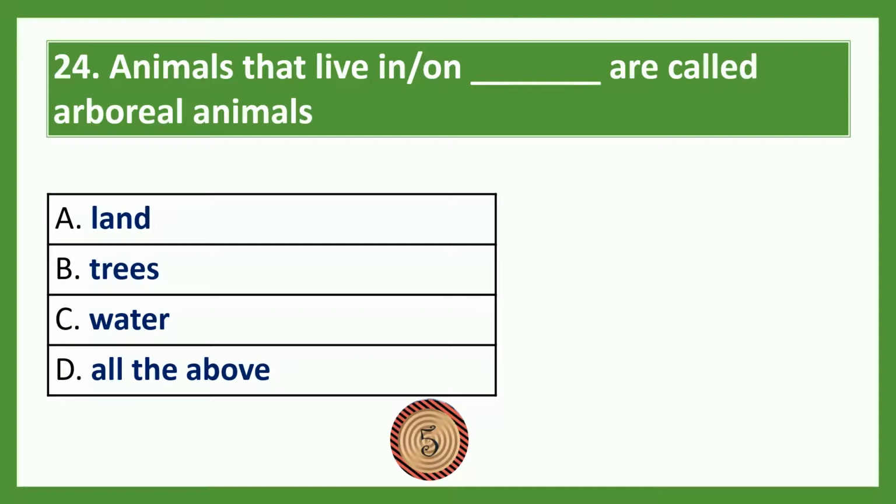Match the following. The shapes of the leaves are given and the leaf name. Column 1 oval shape, round shape, heart shaped, needle shaped. Column 2 pine leaf, peepal tree leaf, guava tree leaf and lotus leaf. The answer is option D. Guava leaf is oval in shape. Lotus leaf is round in shape. Peepal tree leaf is heart shaped. Pine tree leaf is needle shaped.